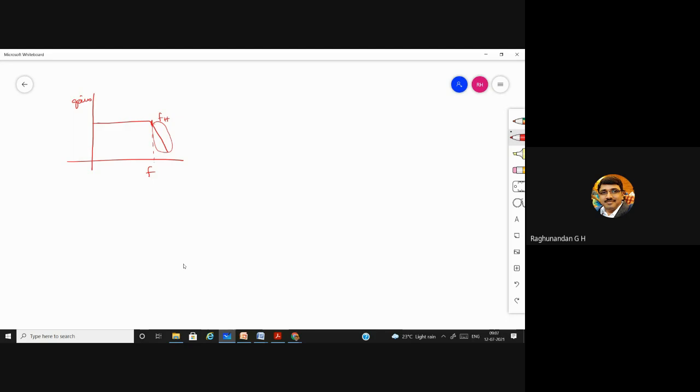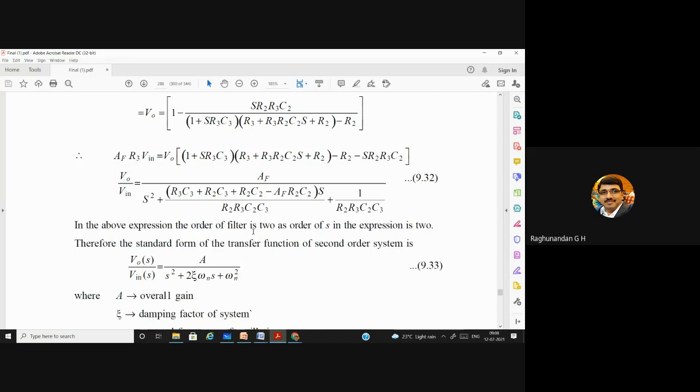But in our first order, we were having 20 dB per decade. Per decade means for frequency in terms of 10 times, so 10 kilohertz or 100 hertz like that. So for every decade, it is going to reduce at a rate of 20 dB. So this damping factor is very important to control the flow of the higher cutoff frequency signals.